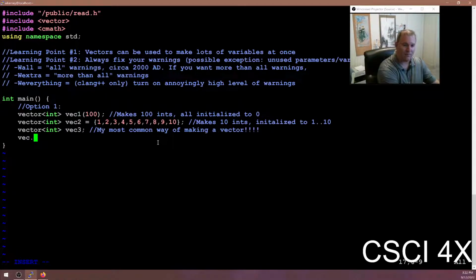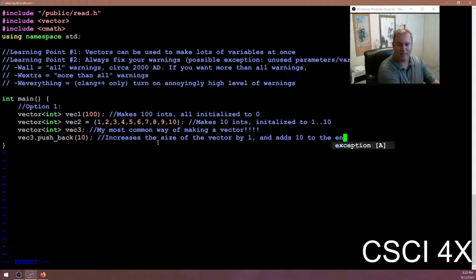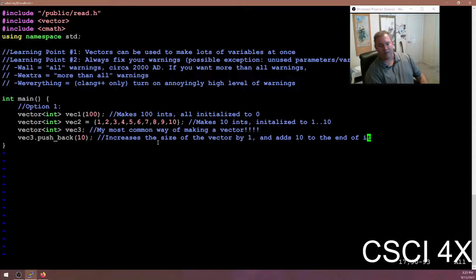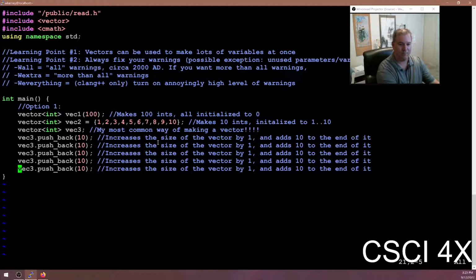So how do we grow it? Okay. vector3.push_back increases the size of the vector by 1 and adds 10 to the end of it. Okay. So let me sketch out what's happening here. If I want to print the thing,